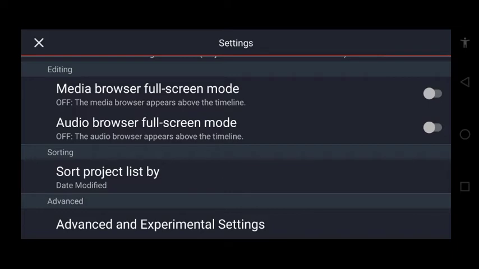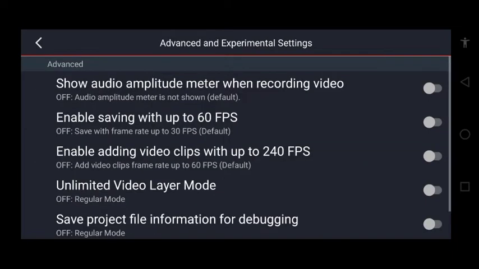Scroll down, and after that you see there are different settings over here. So I click on the second setting, which reads enable saving with up to 60 fps. I click on enable saving with up to 60 fps, which is the second option, and I turn it on,